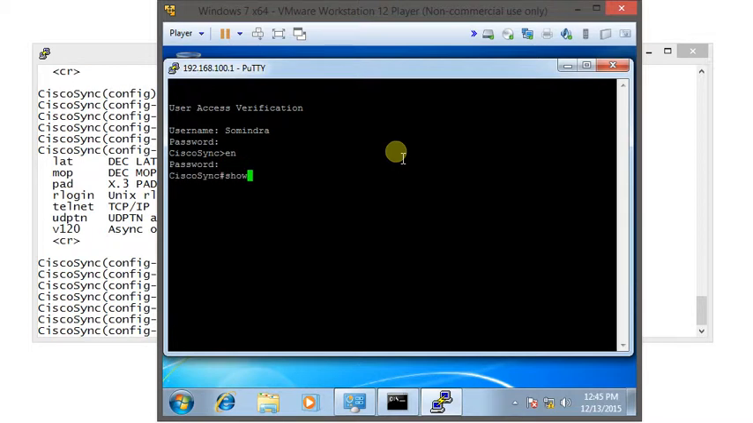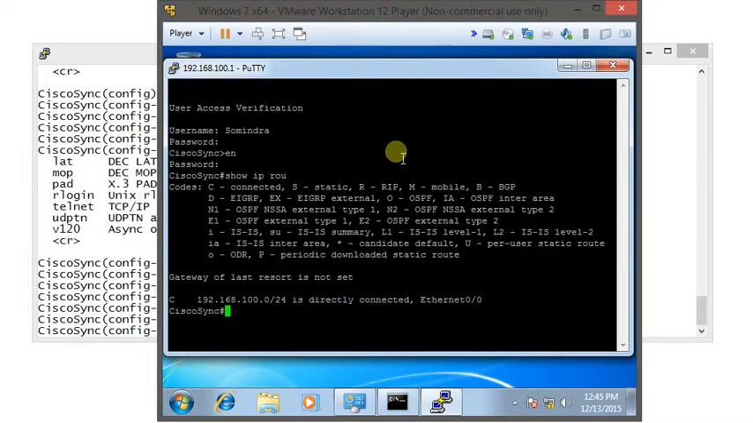Yep, so it works. Hope you enjoy this video, and I would highly suggest to use telnet and SSH, both of them, in your ICA if you can. It is part of your ICA in